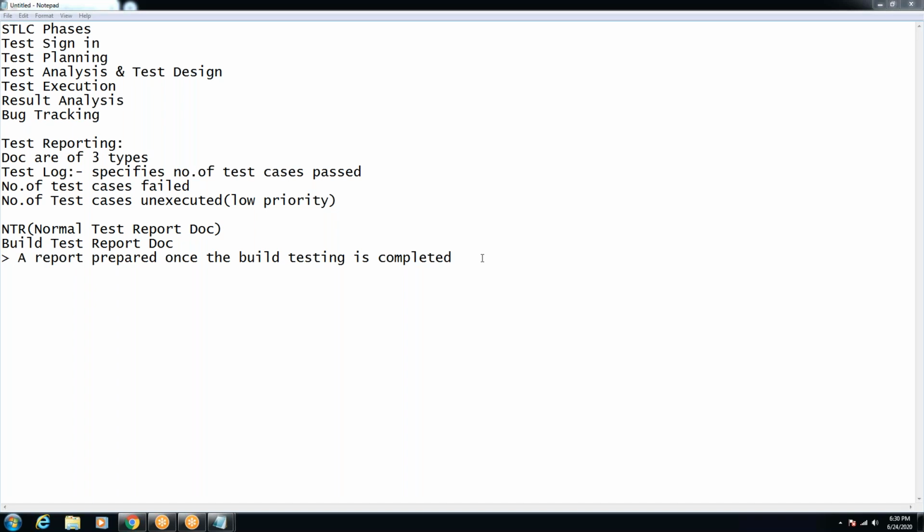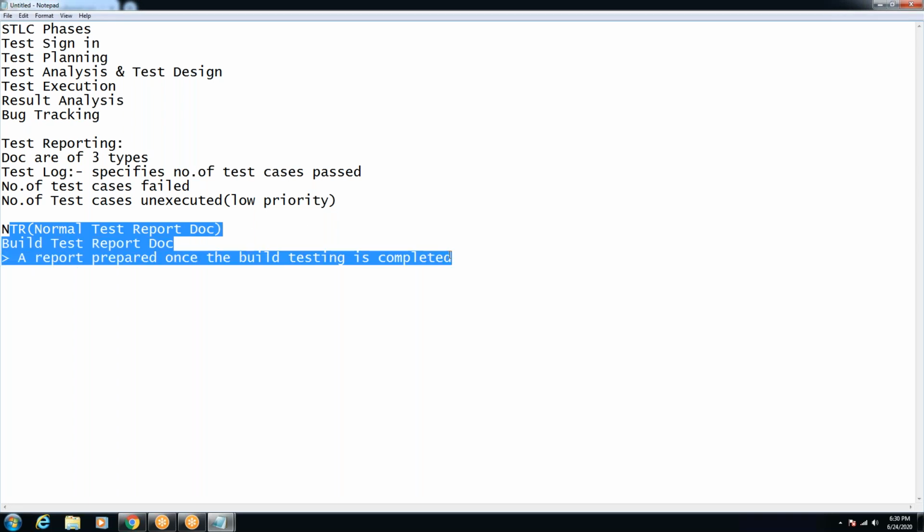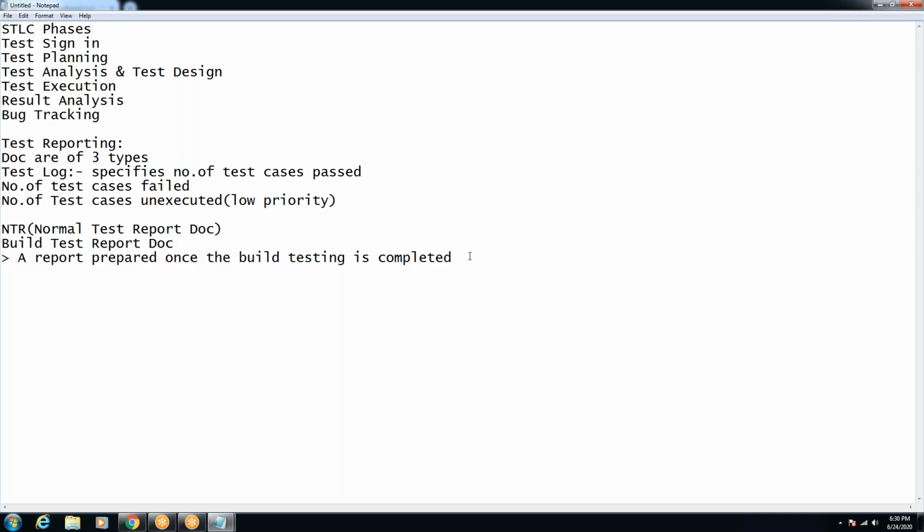So we are not talking about the entire project or a product or a complete application. We are talking about a part of that. So the build is being prepared. So the build is being tested. So we complete it. So we prepare a document called as build test report document or a normal test report